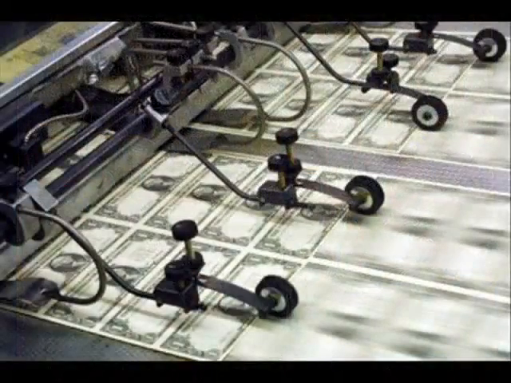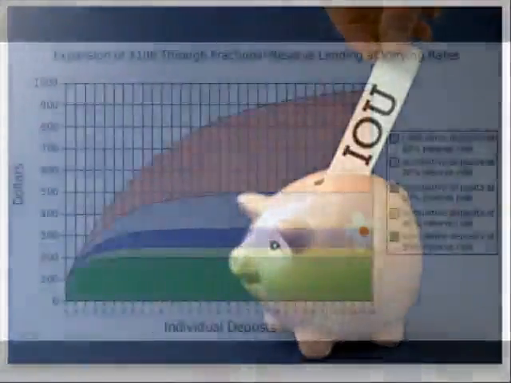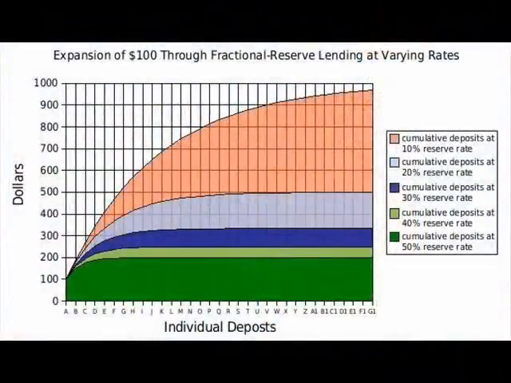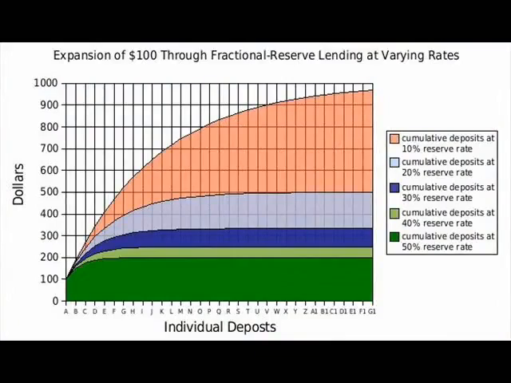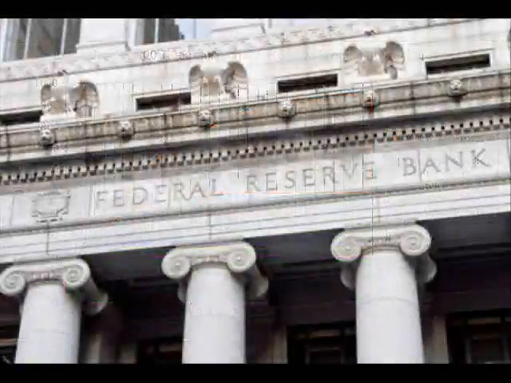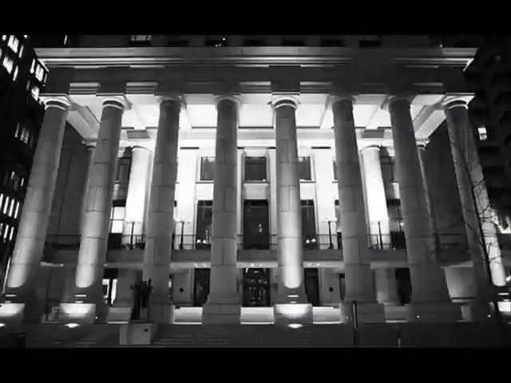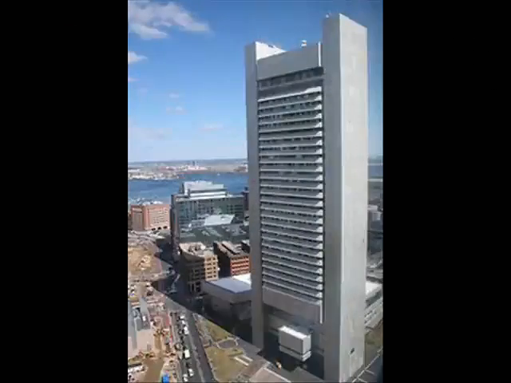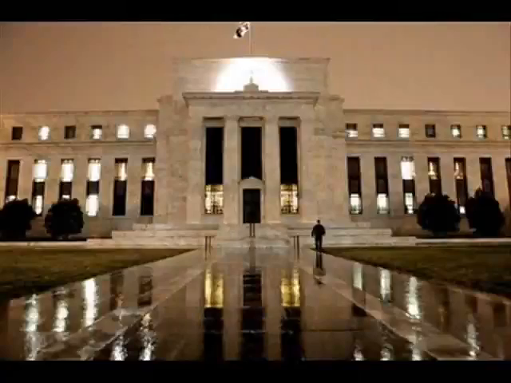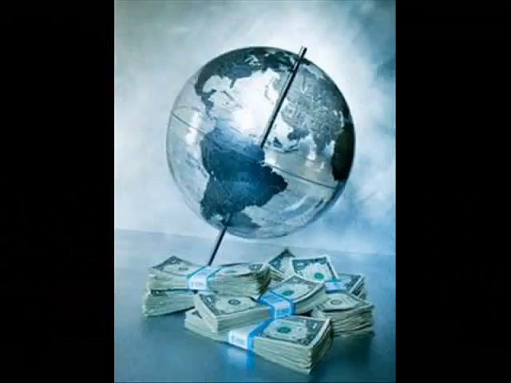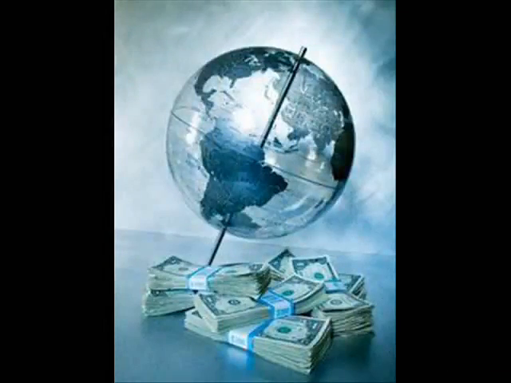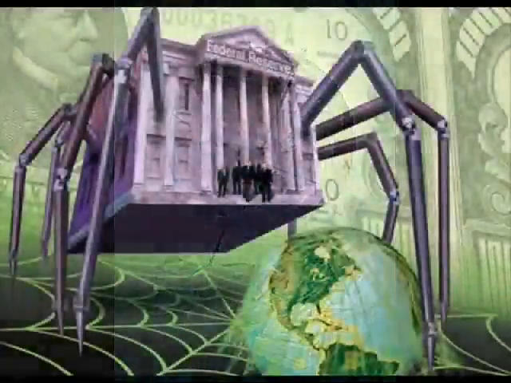By doing this, they were able to create money that wasn't really backed by anything except for the paper that it was printed on, meanwhile allowing them to lend it out to others while collecting interest on this money that didn't really exist. The Federal Reserve was created in 1913 leading into World War I and was a way for competing bankers to create a cartel capable of lending massive amounts of money created out of nothing to the countries